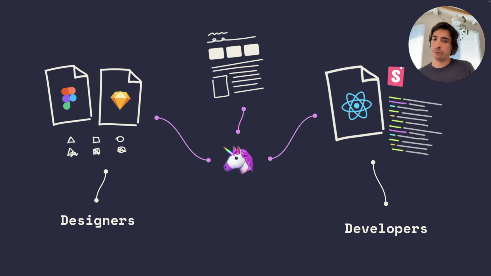Alternatively, you could try to approach this differently and make the design tool more advanced or have more technical capabilities. So the design tool is almost more like a development tool now. A good example of this is Figma's auto layout feature, which is a great feature, but there is a fine line. Things might get too complex and restrictive for a designer pretty quickly, which I've seen in some cases where designers are struggling to figure out the right layout. So I think having this separation is helpful for both sides.